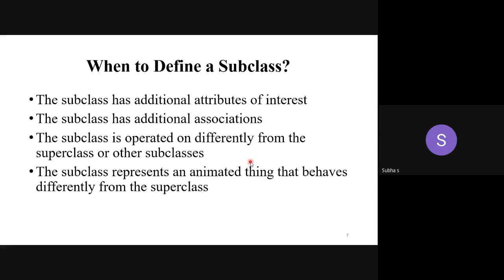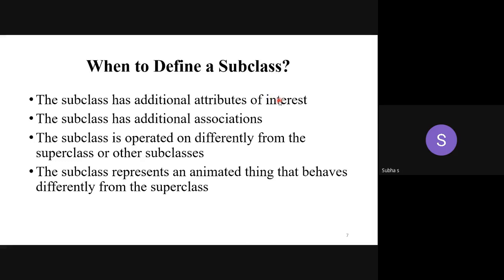Okay, so these are the things that have to be followed when defining a subclass. The subclass can have, first point, additional attributes of interest. Though it is inheriting the superclass attributes, it can have its own attributes.